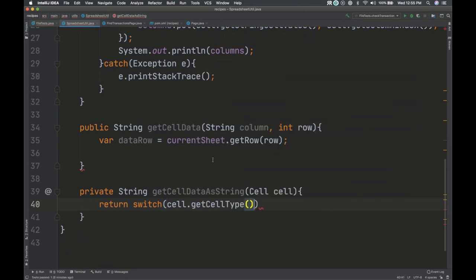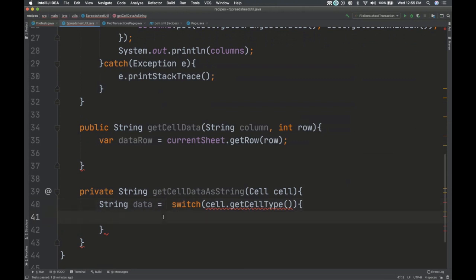So this will tell us if it's a string or a number or something. And in this switch, you're assigning something as opposed to taking a bunch of actions, right? So instead of me doing the return, I'm going to do a var here. So let's see, string data equals, and I can assign it, right?